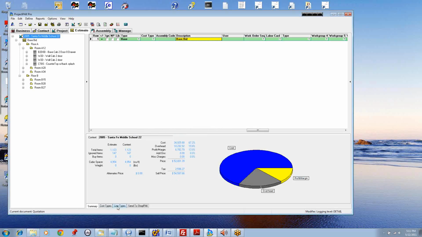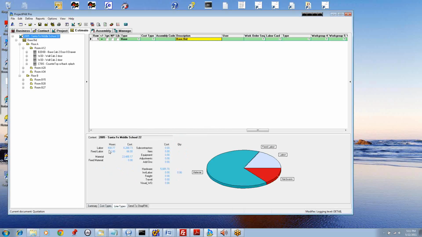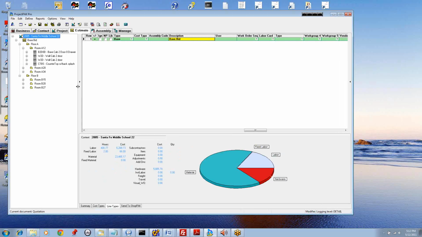Now, if I look at line types here, I didn't show you this prior to beginning the session, but this was up around 520 hours. So I had so much casework in there that it definitely dropped my labor down. And because there's fewer hours, even though my unit cost stays the same for 1 hour of labor, this cost went down as well. I think what I'll do, just real quick, let me put this back the way it